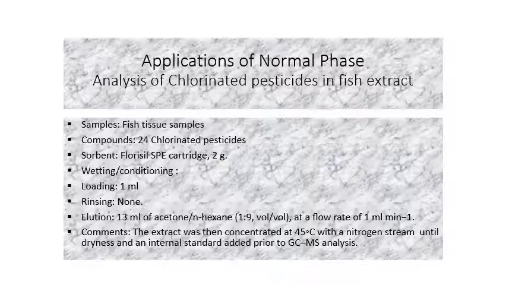Elution: 13 ml of acetone and hexane 1:9 volume by volume at a flow rate of 1 ml per minute. Comment: the extract was then concentrated at 45 degrees Celsius with a nitrogen stream until dryness and an internal standard added prior to gas chromatography mass spectroscopy analysis. Then